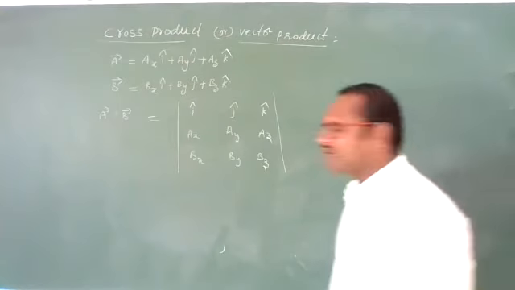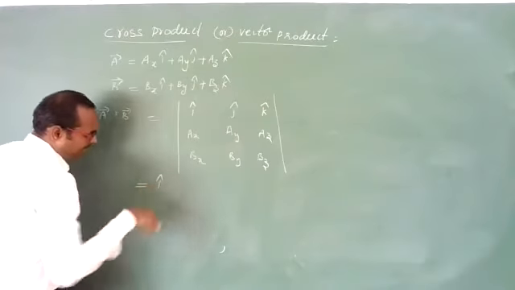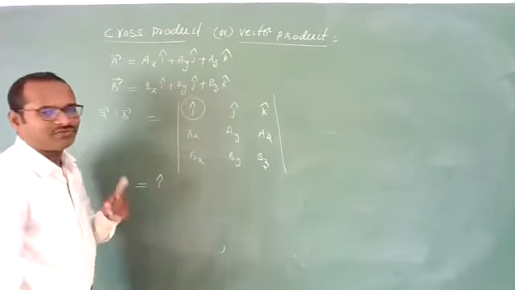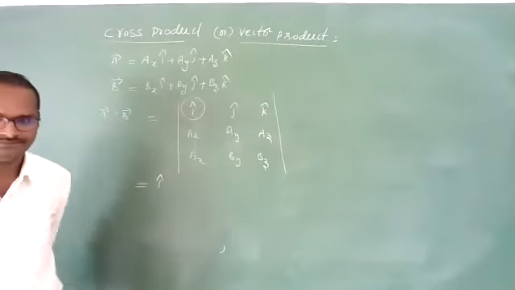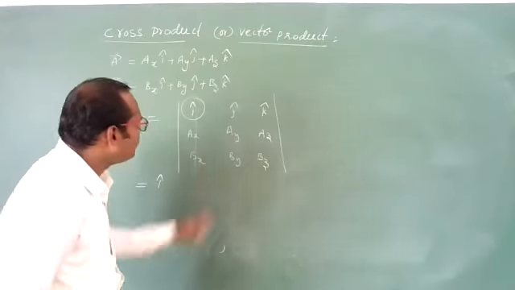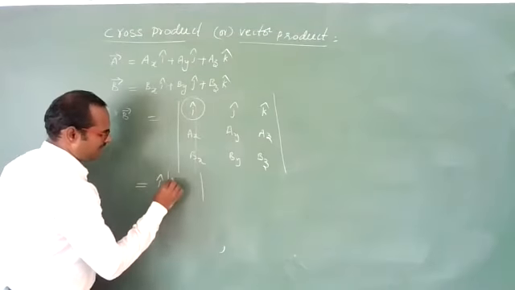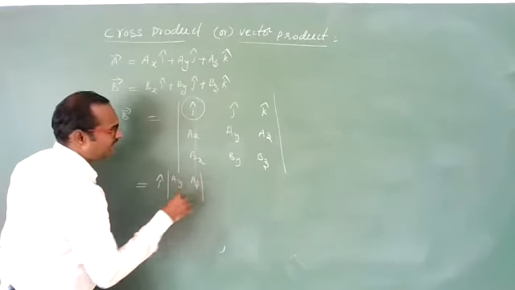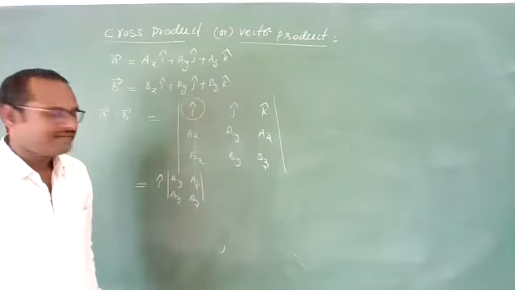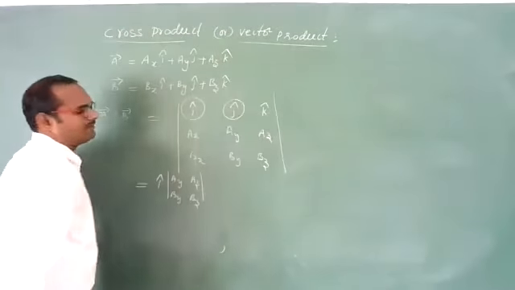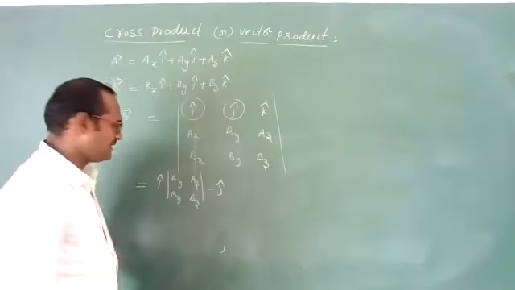So after doing this, students, first take I cap. When you are doing this I cap, this row and this column you should forget. Then you will have 4 elements. These 4 elements you write again in one modulus. They are AY, AZ, BY, BZ. Written. Finished. Next, the second thing you are doing: better write minus J cap so that you will get the exact answer.